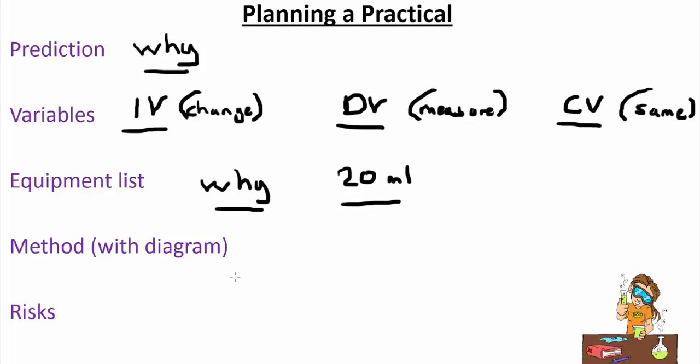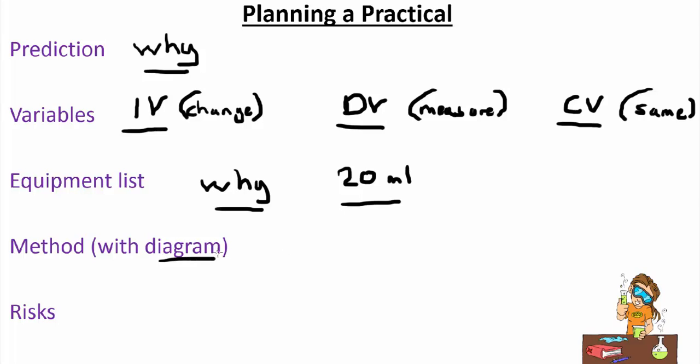The method is where you write down what you're going to do, and you might need a diagram for it. In your method, you need to think about writing something that somebody who doesn't have any experience would be able to try and follow. So if you're going to talk about the equipment, you need to say how you're going to set it up and break it down step by step,